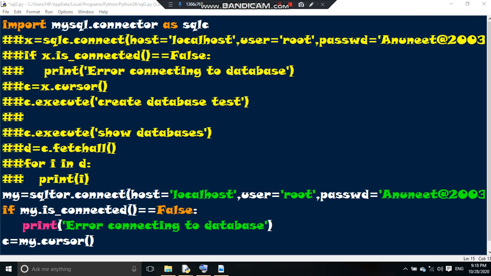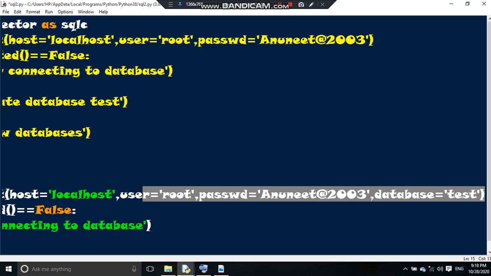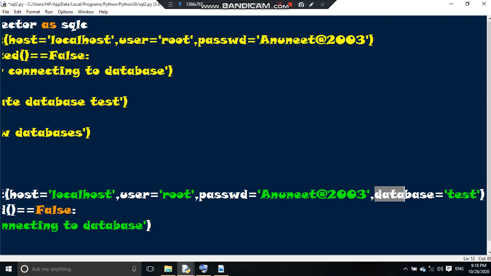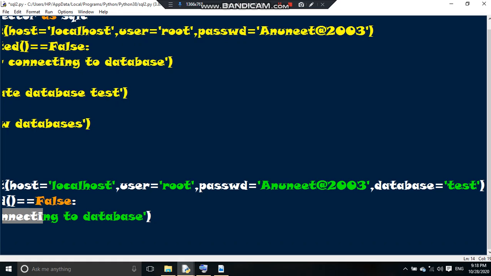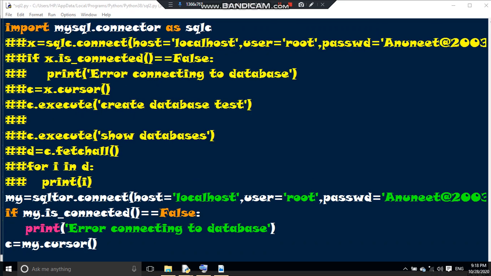So I've written the statement over again. As you can see here, the fourth parameter database has been specified as test. So now if you create any table, it won't lead to an error, first of all. And second, you can also do this